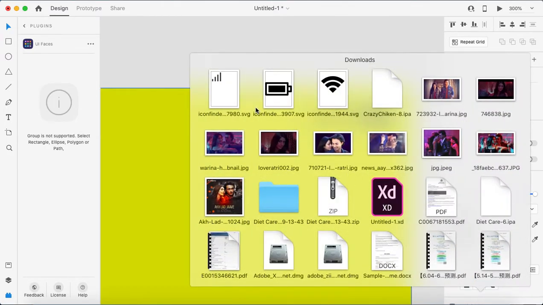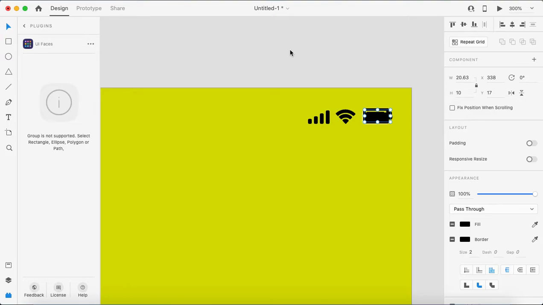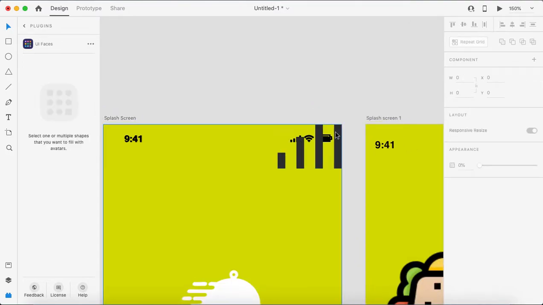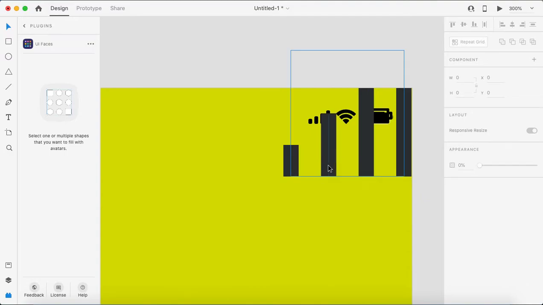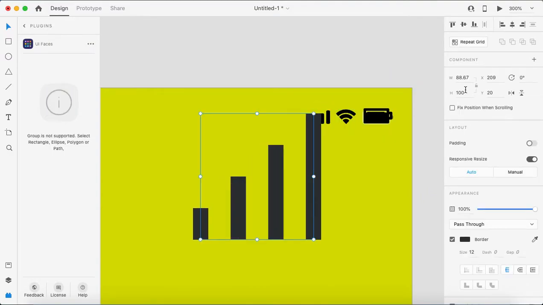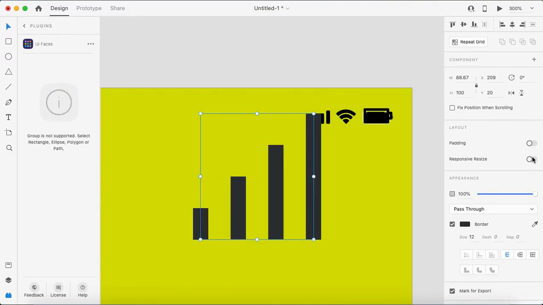Okay, here it comes. Disable the responsive resize. I'll make it here 10.